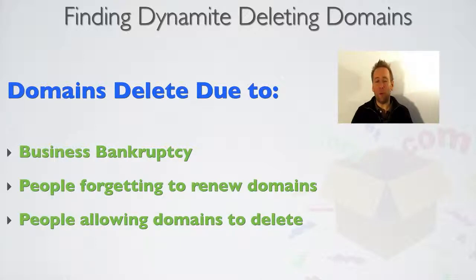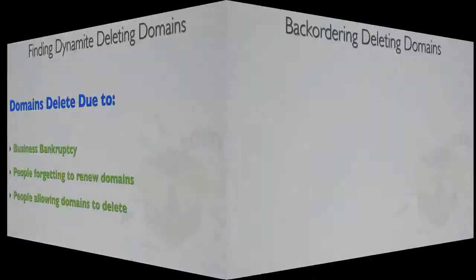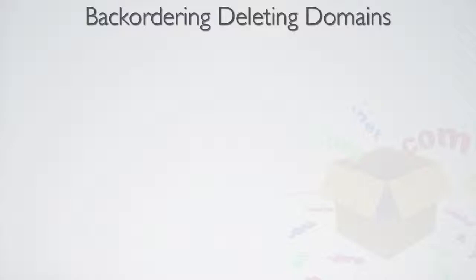And this opens up massive opportunities for people in the know, because some of these domain names retain their SEO values, and at the very least it gives you the opportunity to pick up some fantastic keyword rich domain names that weren't on the market before because they've been registered years ago. So in the next section, I'm going to show you how to what is known as backorder a deleting domain